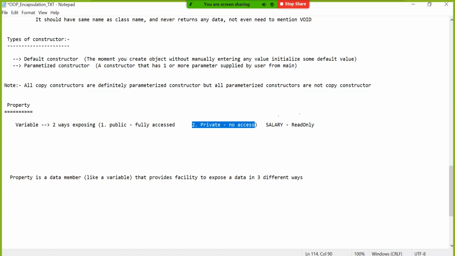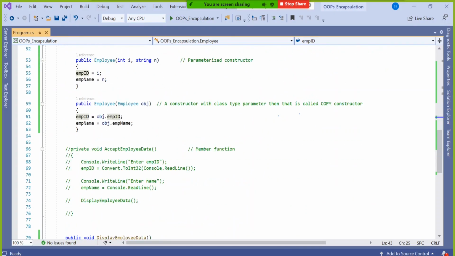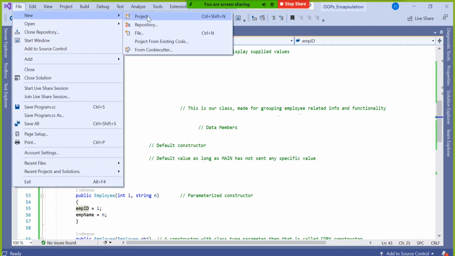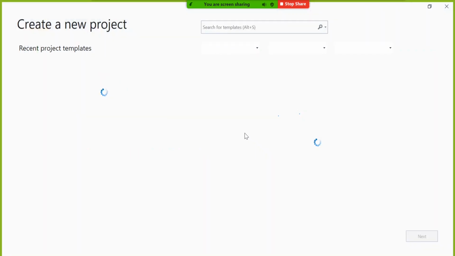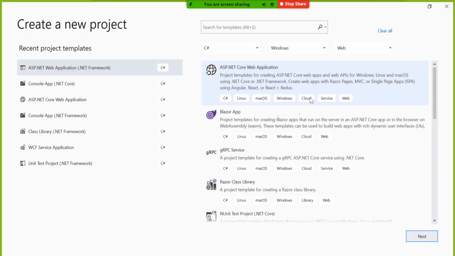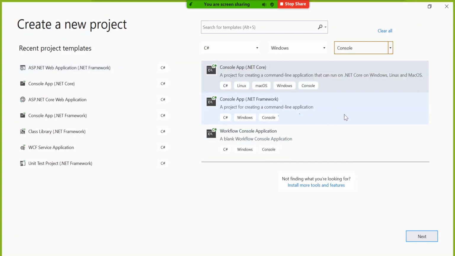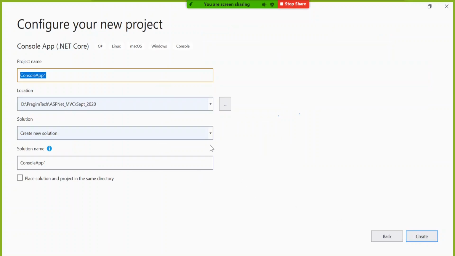What I will do, I will not disturb this existing solution because it's a fresh concept altogether. I will create a new solution for property instead of making it much complicated. Little techie topic, but if you go for a systematic understanding, very simple. So let's create a separate solution. The moment you start object oriented programming, make sure you have started techie things, not basic things. So you have to be ready for accepting new concepts.